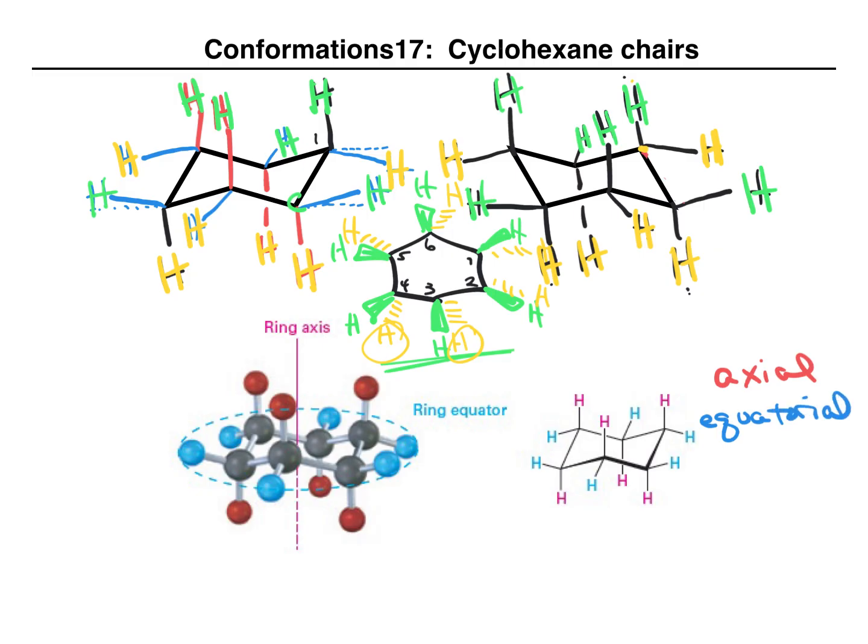So coming back up and looking at these structures, here we have, let's see, this hydrogen is axial, axial, axial. These are the easy ones. Straight down, axial, axial, and axial. But notice, 3 of our axial hydrogens are from the front face, 3 of our axial hydrogens are from the back face. Now this one is equatorial, equatorial, equatorial,